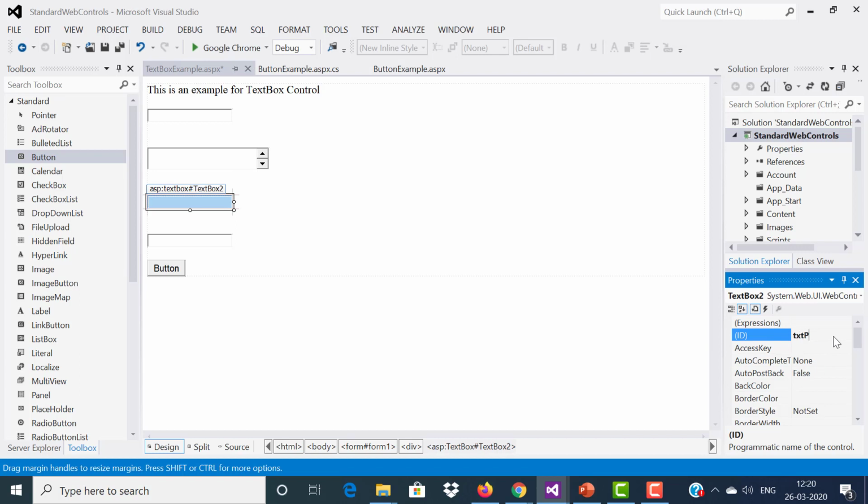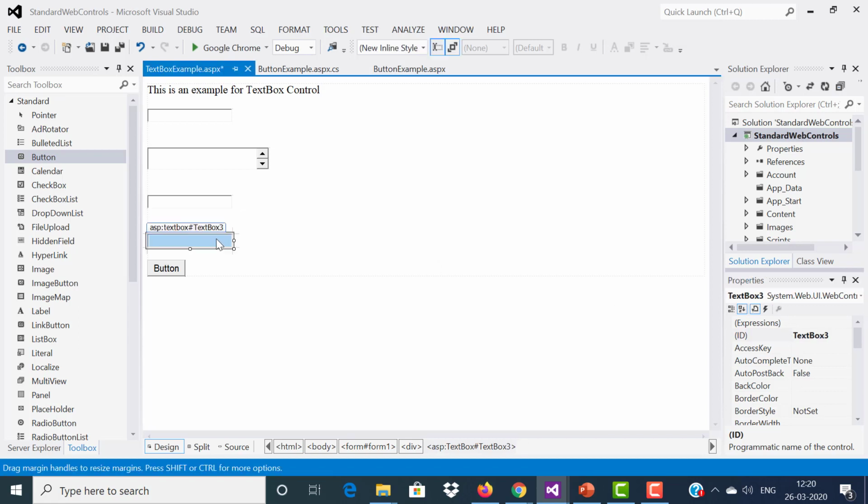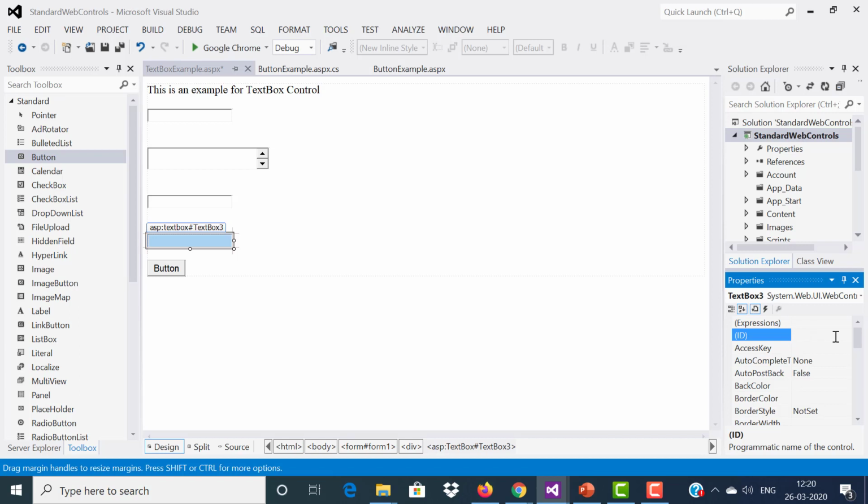txtPassword to the password text box control, and this other text box control I will use for giving the output of the password text box. So I will write like this, txtOutput. Okay, now my application will be like this. When I click on this button, some message will appear in this multi-line text box, and whatever I enter into this password control will directly appear in this txtOutput